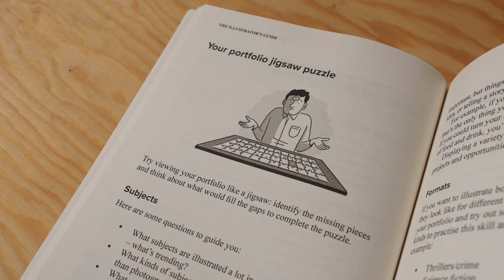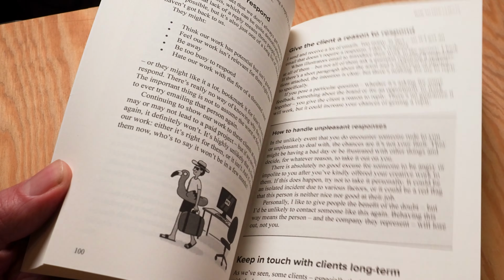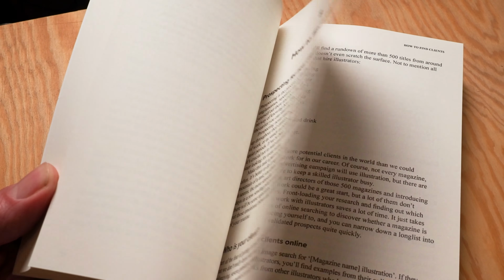Chapter 4 is all about developing a portfolio that will get you hired as quickly as possible. We've got chapters on developing good creative habits and maintaining them long term, goal setting and inspiration, the importance of deliberate practice and how you can get better faster. There's a whole chapter dedicated to getting feedback on your work, and chapters 8 and 9 are all about clients, how to find them, how to impress them, and how to work with them effectively and get them to hire